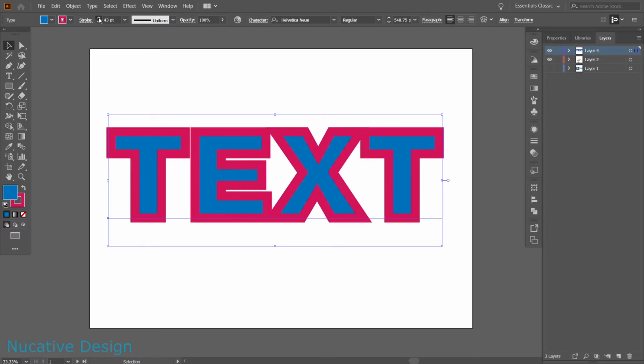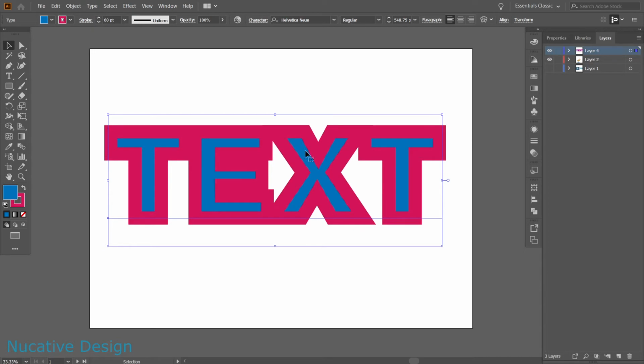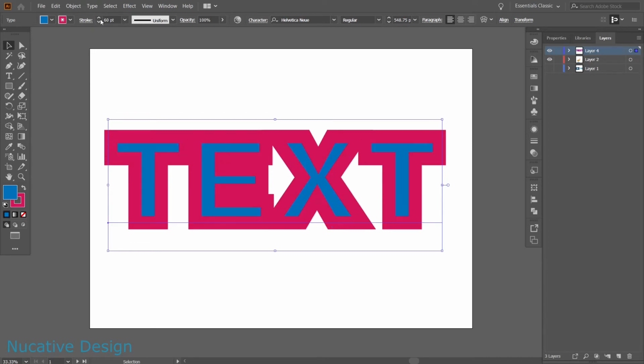When I want to increase the size of stroke, the fill color of text has started to disappear. I don't want this. No worries, because I have the solution for this problem. I'm going to unselect this stroke